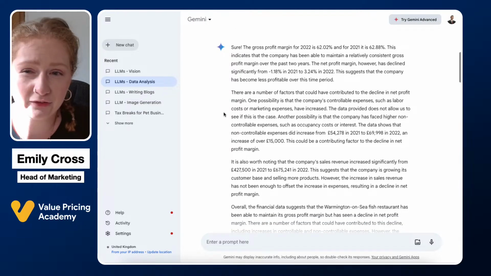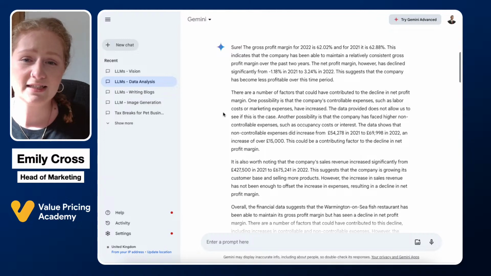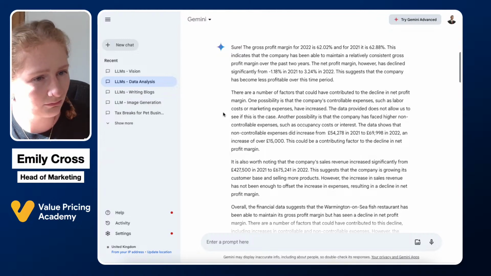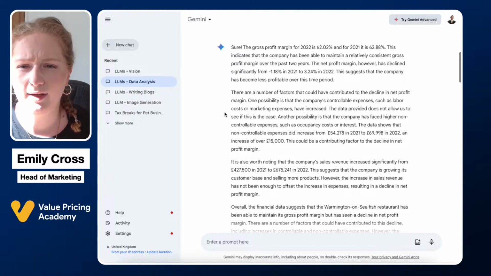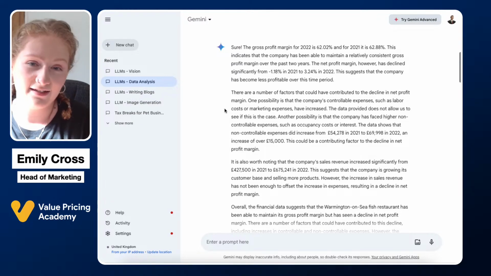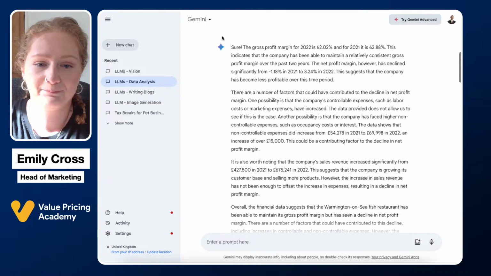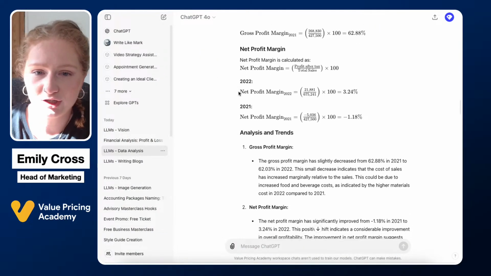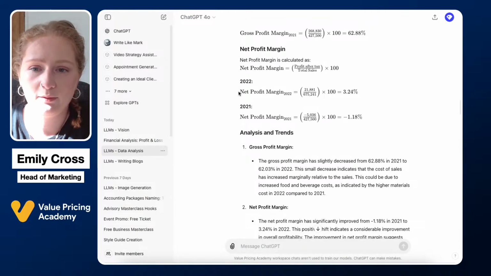But it's fine because the numbers are still the same here. So we've got the gross profit margin this time is 62.02, whereas ChatGPT was 0.3, I believe. So tiny discrepancy. And then in 2021, it was 62.88. So we've got the same numbers coming in there, which is great. And then we have the net profit margin where it's gone and it's done the same thing, but we've got now